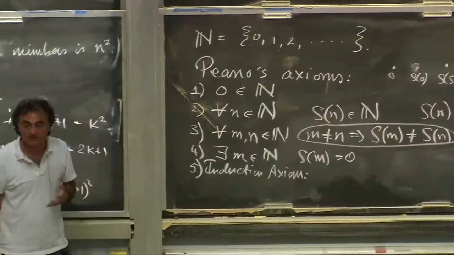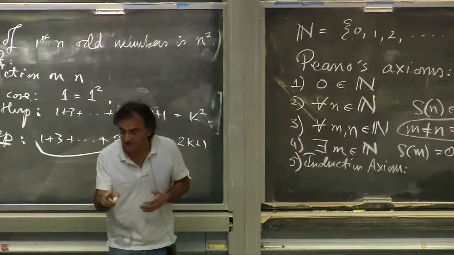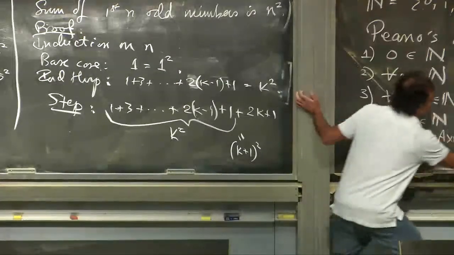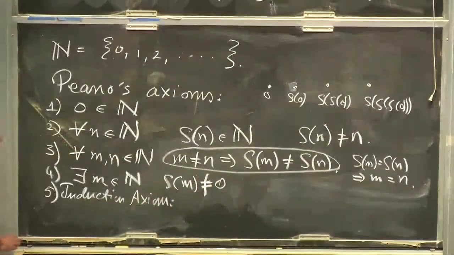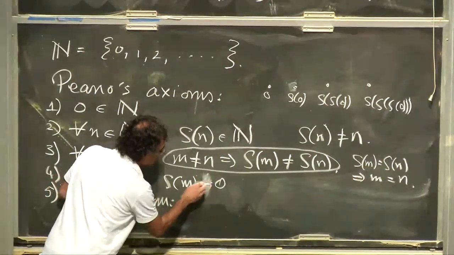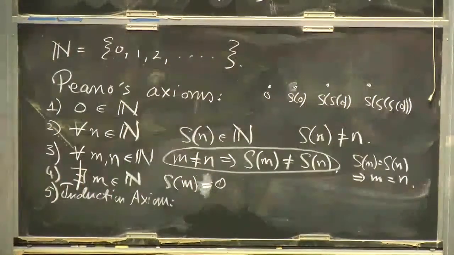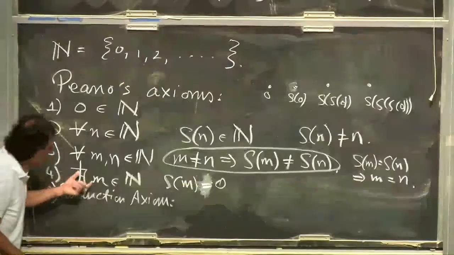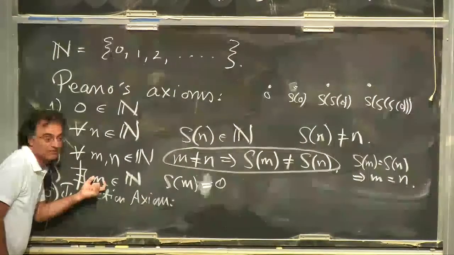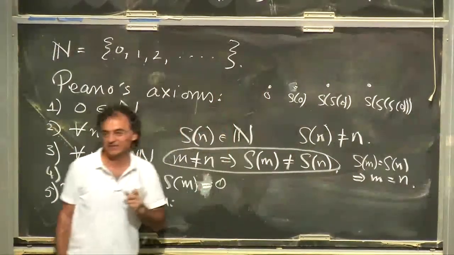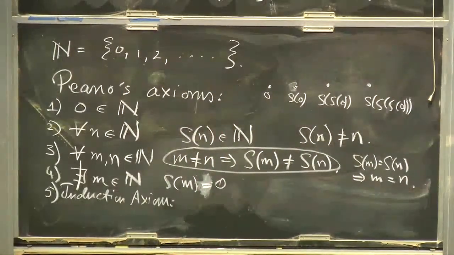The induction axiom, so give me a moment. Oh, yeah, you're right. Yes, of course. Sorry. Oh, no, it's not equal to, it should be, there does not exist M. So, thanks for asking. It should be saying, there does not exist a natural number whose successor is 0. So there's nothing to the left of this. Right?